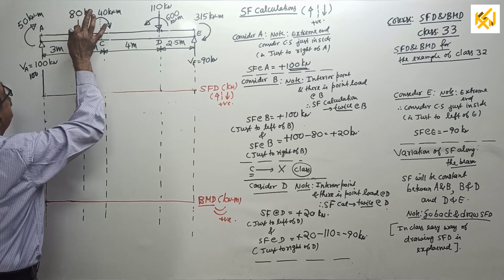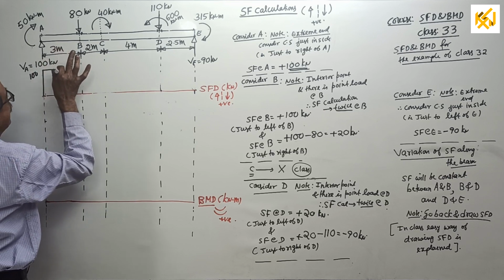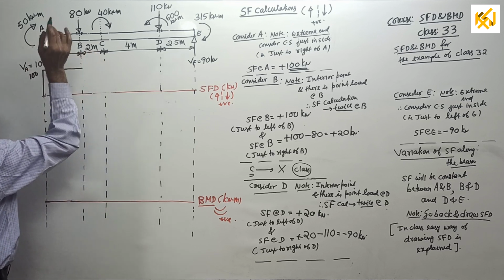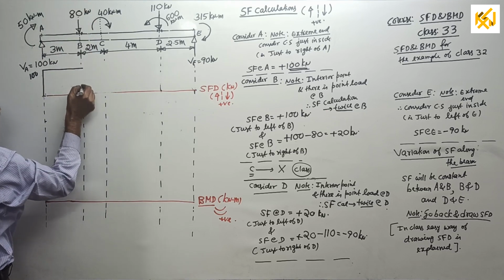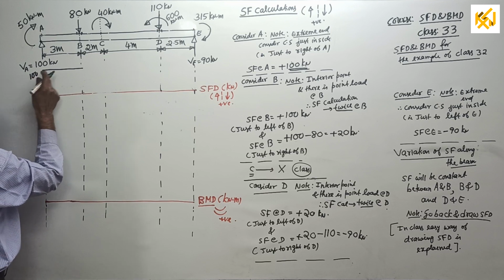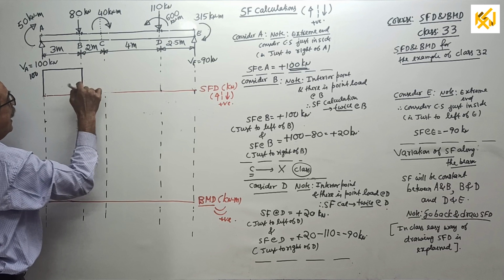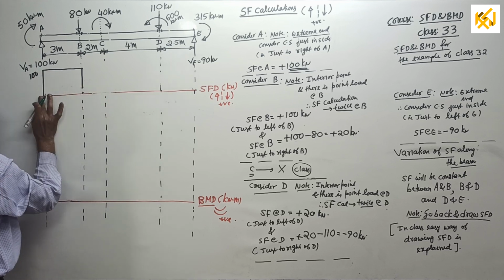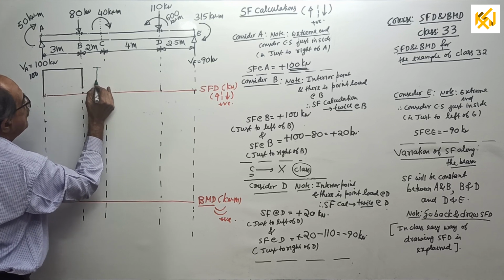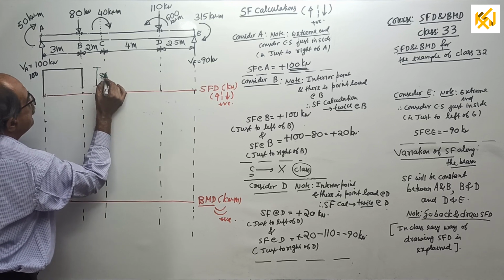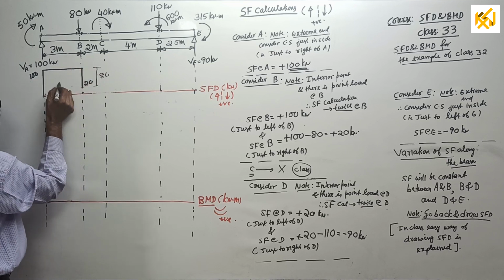From A to B, there is no load. If there is no load, neither go up nor come down. Come parallel to the baseline. When you reach here, down 80 is there. Come down by 80. This is 100. So 80 means you have to stop somewhere here. Then what is this value? You should tell. Up 100, down 80. See, this drop is 80. So this value will be 20. Plus 20. Already see, this is positive.